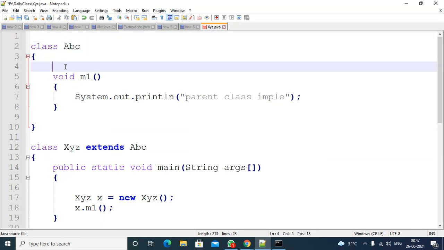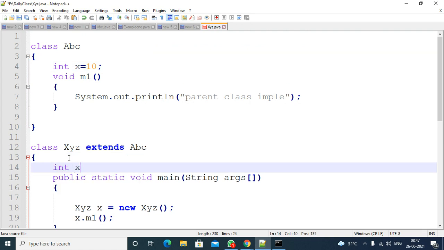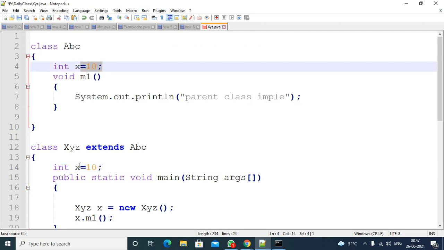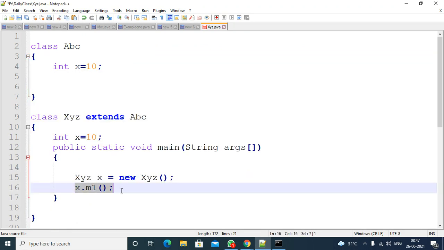Right. Now I will try to explain. Suppose in the superclass the variable x equal to 10 is here. In the subclass also, integer x equal to 10 is there. So forget about this method, I am removing that method also. Right.